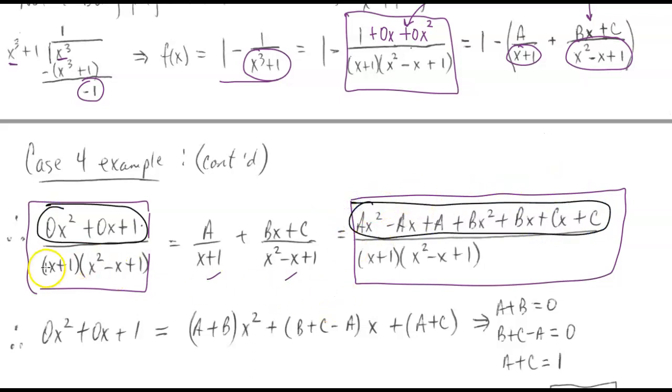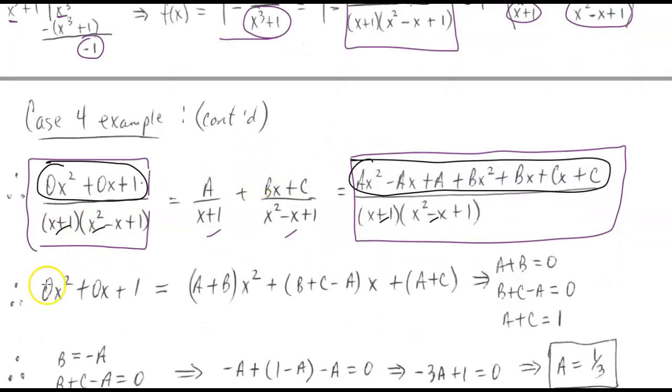And we know that because we know that the denominators are the same on both sides of the equation. So that is why I have 0x squared plus 0x plus 1 is equal to all of this. And of course, what I've done from this step to here is just combine like terms